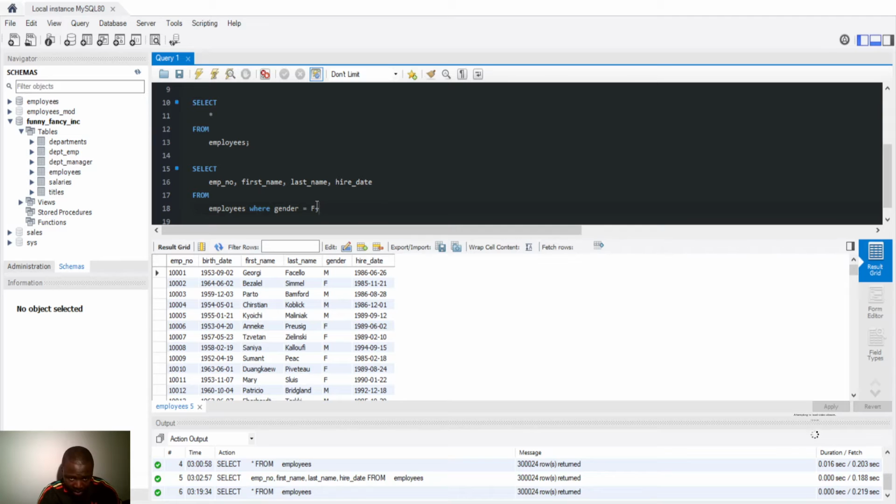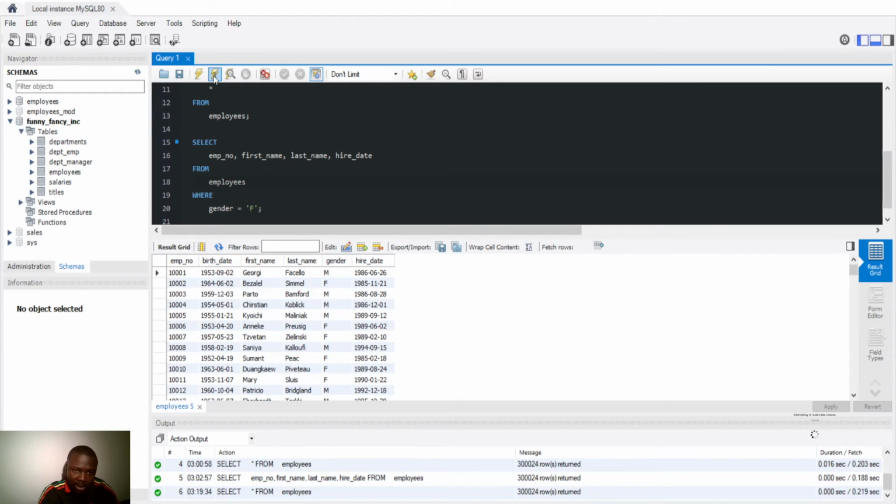But I need to put this in comments. Sorry. So I clean it up. You see, the code is now clean, and then I press Control Enter, or once again I can use